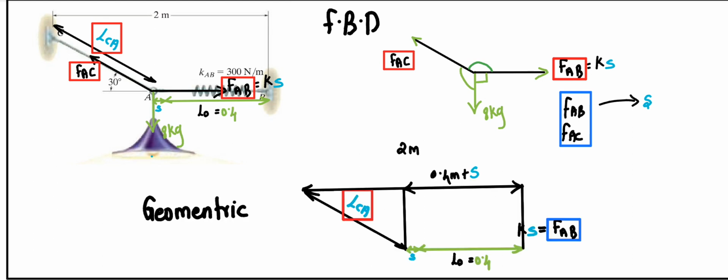After that I am drawing the geometry of the given condition. In this geometry, I have just found the S value from the spring equation, so I substitute this value here. By this I can solve for this triangle. We are already aware of the theta value of the triangle. Knowing a side and theta, we can find the other side, that is LCA. So you can see here we are combinedly using the equilibrium condition, the spring condition and the geometry condition to solve this problem.